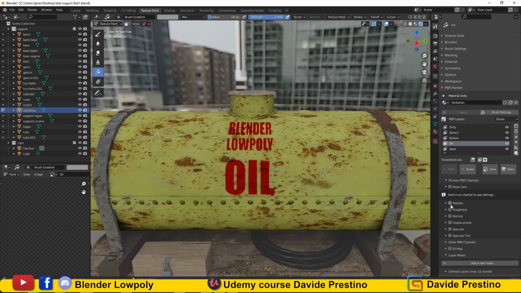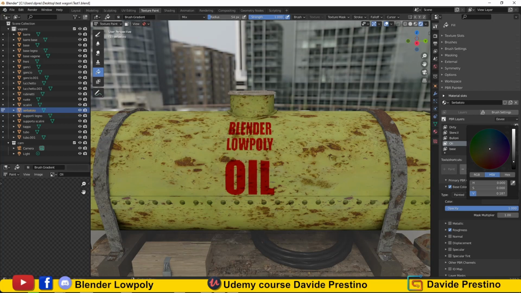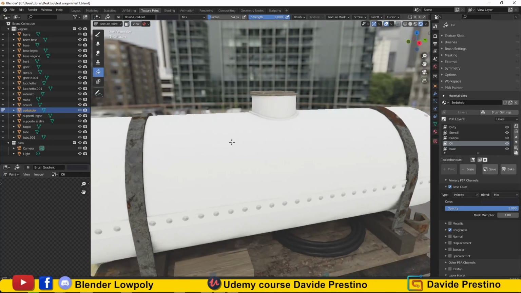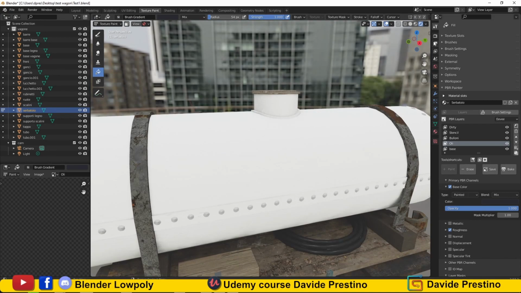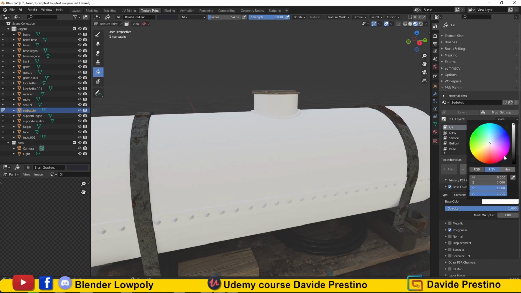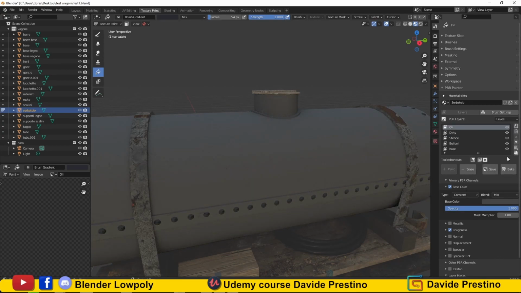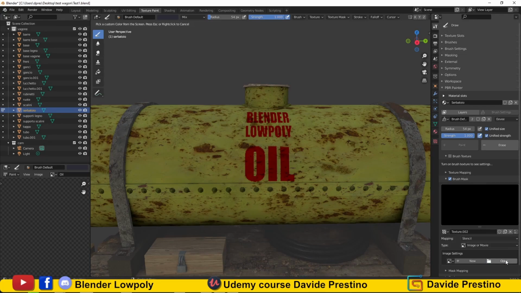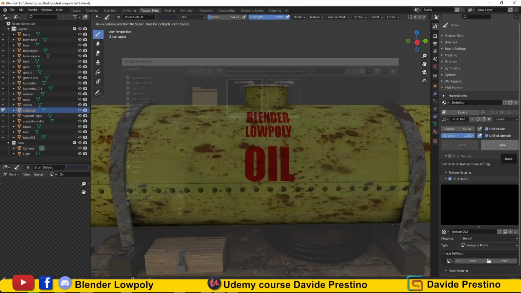In this case I also increase the normal map and the roughness a little to give a liquid effect. I load the stencil, and as I did for the writing, I paint the drippings on the tank.